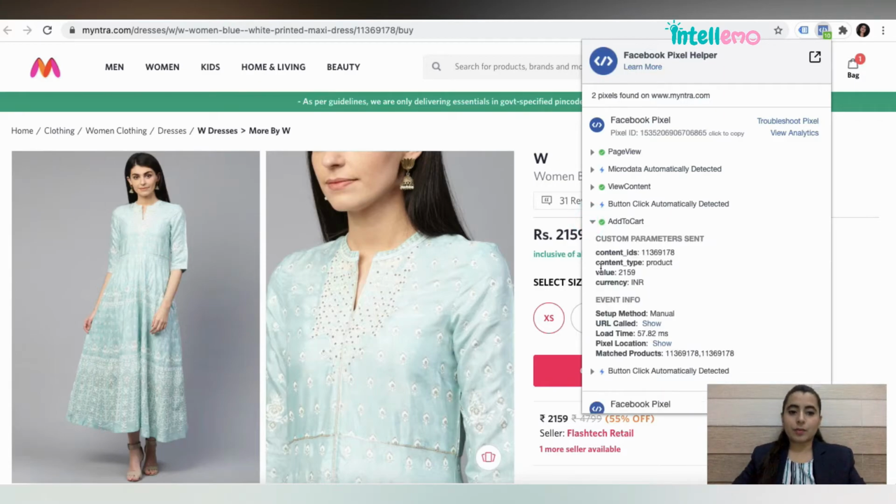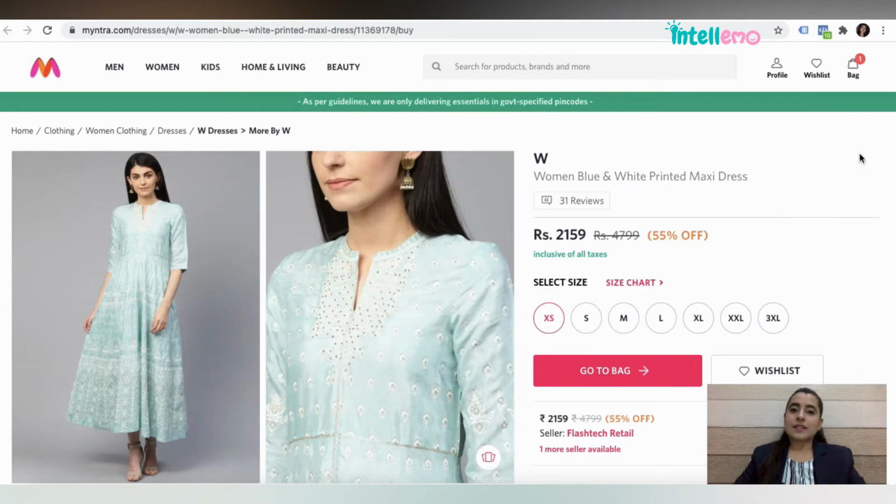And if I further open it, I'll see that the value is also being passed. So if you want, you can also pass the value. So as per the steps that are required by a customer browsing on your website, you can add the respective tags and give it a check using Facebook Pixel Helper Chrome extension. We hope the dilemma of conversion tracking being there or not on your website is now resolved.